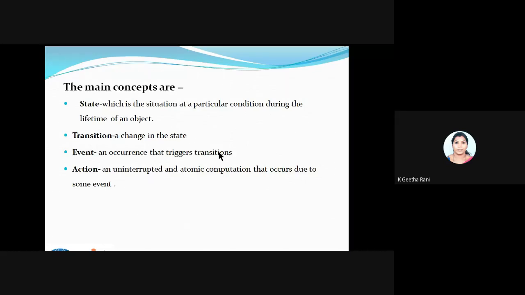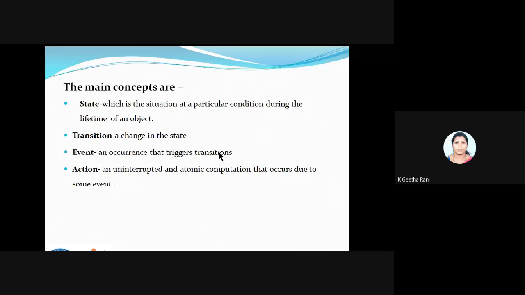Fine. State is nothing but it tells you about the particular point or situation of my object. At what state my object is going to be, that is what is called state. Don't worry, we will be seeing some examples for each and everything. So state is nothing but, at a time, at a particular condition, where my object is located. Fine. So transition: the general meaning of transition is nothing but the change of my state from one state to another state. That is called transition. My change of state, I will call it a transition in a technical way.